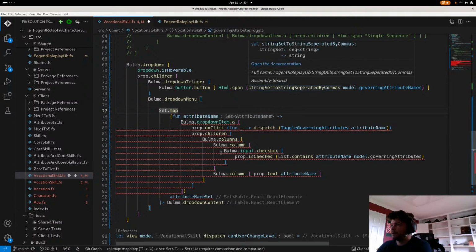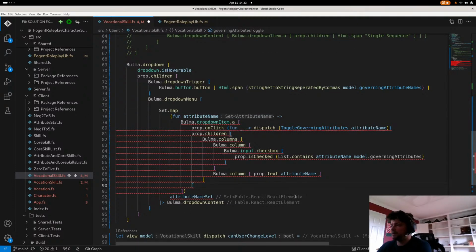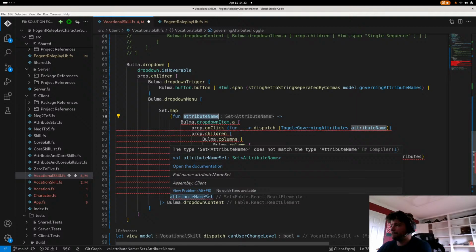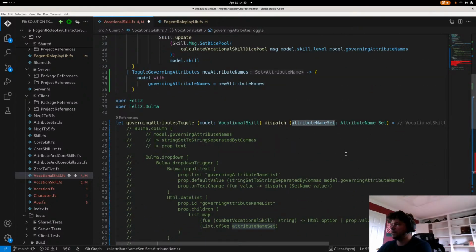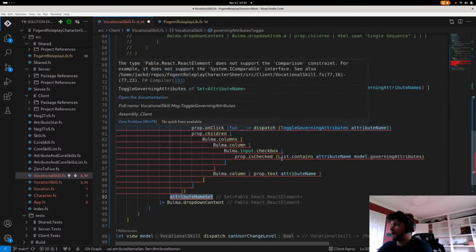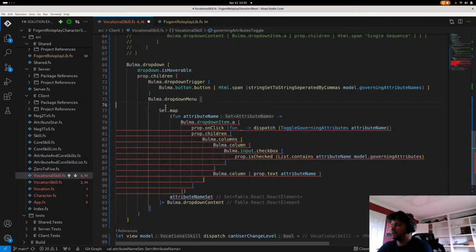So set.map, this guy's peeved now. Because set.map here, what is set.map? He's an attribute named set. So we should be able to